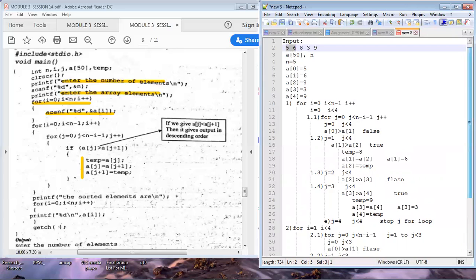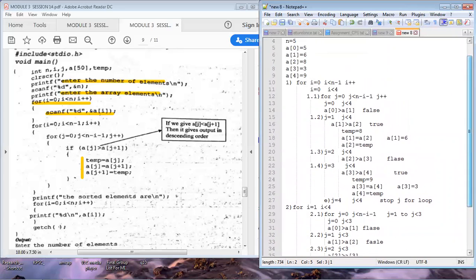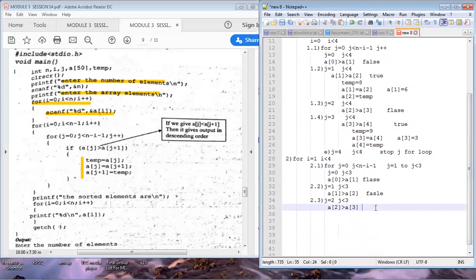Now we are checking A of 2 is greater than A of 3. A of 2 is 8, A of 3 is 3. Now 8 is greater than 3. Yes. Now what should we do? We should swap this 8 and 3. So 3 will come here, 8 will come here. Now this condition is true.